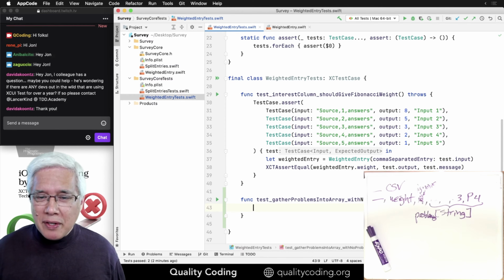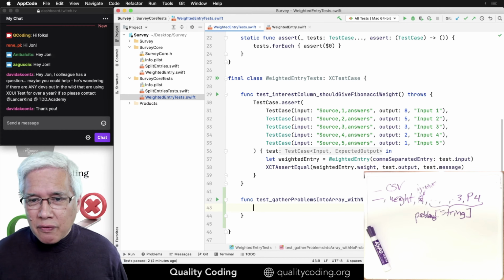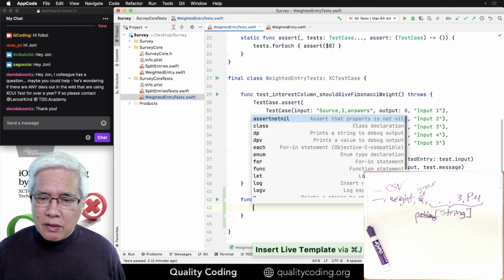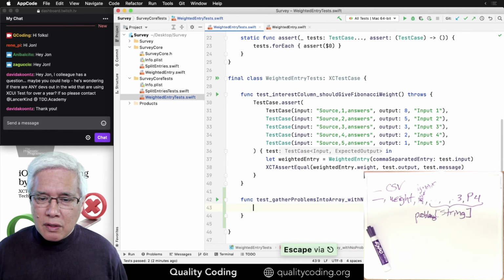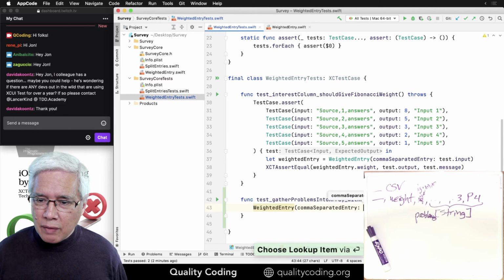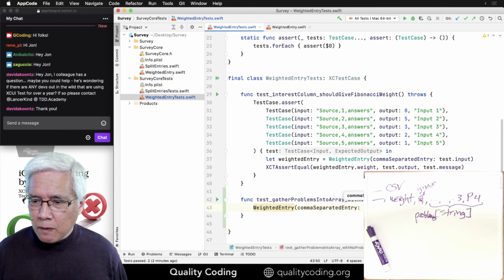I don't know about the naming of this yet, but it's good enough for now. And let's see. So I want to make a weighted entry out of a comma separated entry where it's going to be source one.